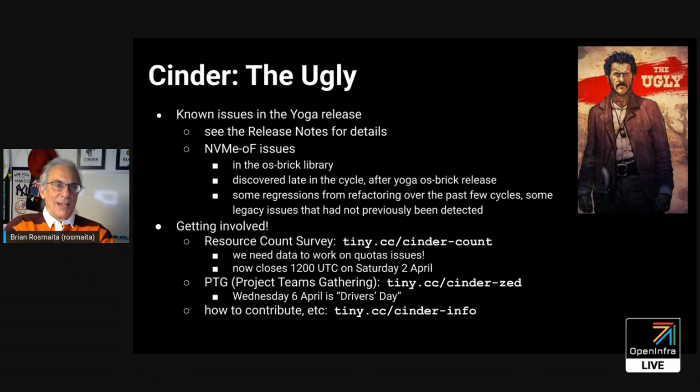We just need to get some data before we start discussing stuff at the PTG. And then the PTG is happening next week. So you can go to our planning Etherpad to check that out,